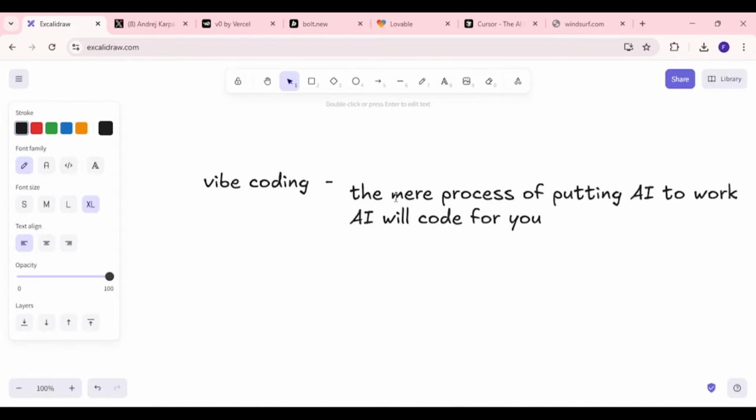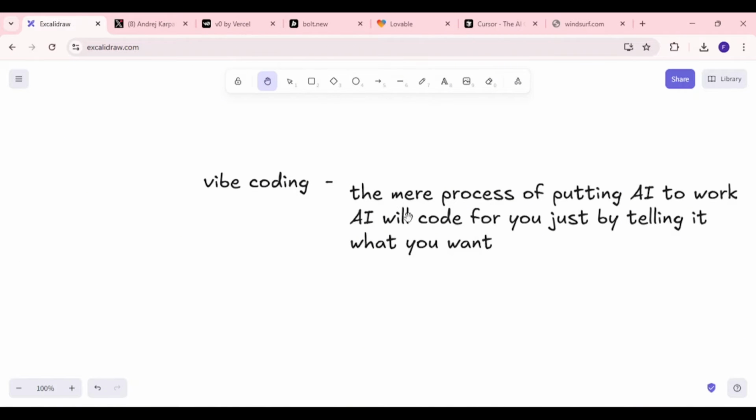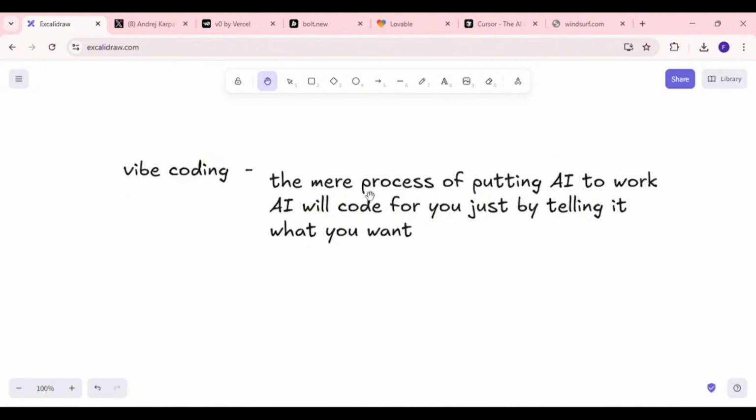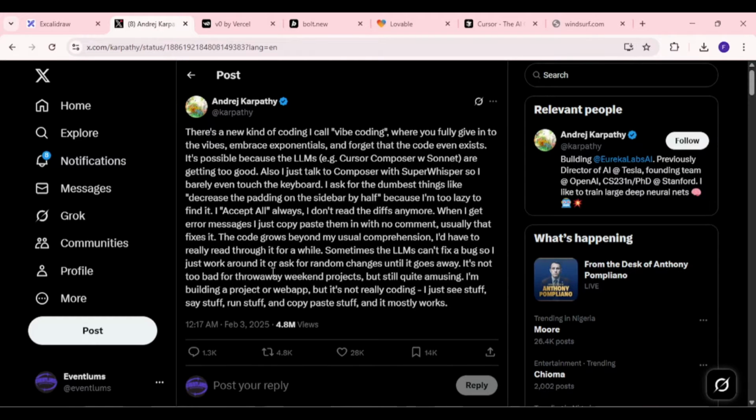So you are putting AI, artificial intelligence, or let me say specifically all these machine learning models that are out there, ChatGPT or Gemini, to help you generate this code. And then all you need to do is make sure you keep on putting in the prompt till it starts behaving the way you wanted it to. That does it. And then this word vibe coding actually came from Andrej Karpathy, around February 3, 2025,